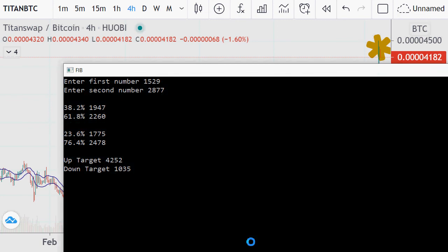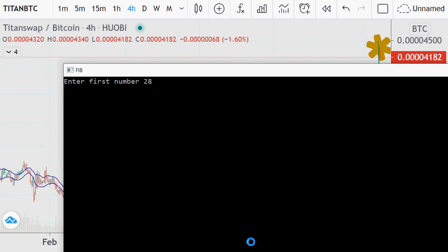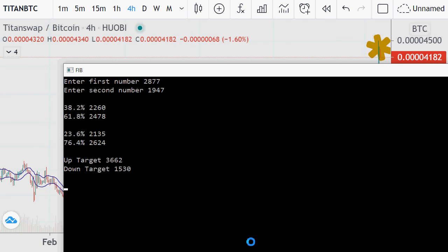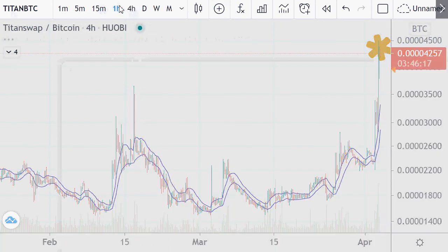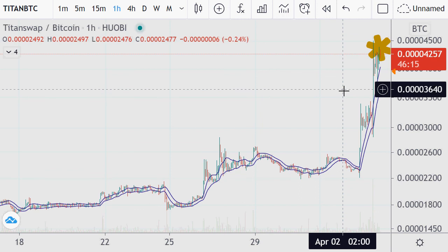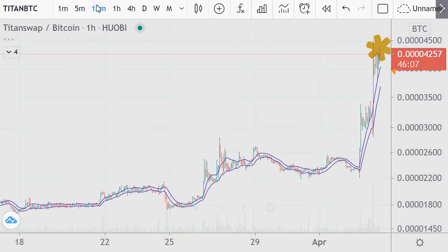So 2877, because that's the next one. It's 161.8, so 2877 divided by 1947 to the exponent of the fib, multiply the low. So let's go 2877, 1947. So that was 3662. We just exploded by it. So that's the next key. I don't really know if I want to go with this fib now. Maybe, but